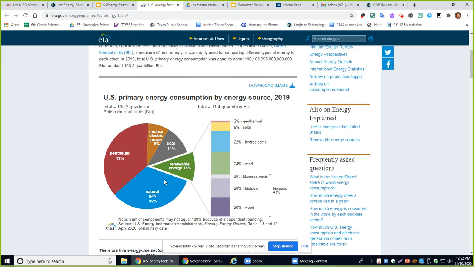This is how much the U.S. currently uses of non-renewables, and this is how much renewables make up, a very, very small percent. That's only 11%. So to get from 11% to 100% of our needs is going to pose some challenges. That link is in there so you can research